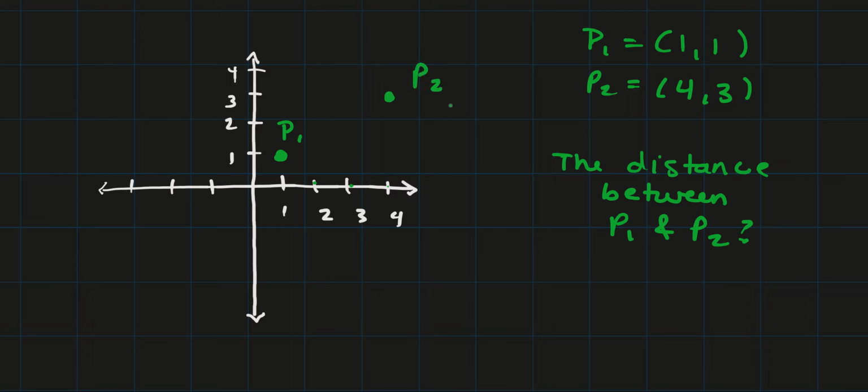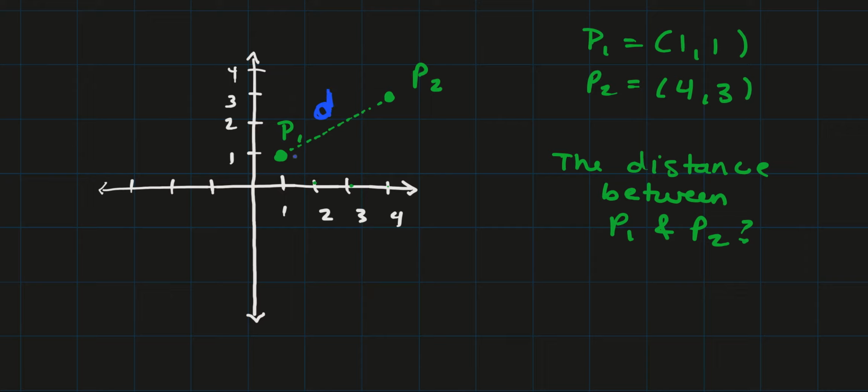This is P2. I want to find the distance between these points. How we're going to measure the distance is we're going to measure how far left and right we have to go, and up and down. This distance, which I can call D,